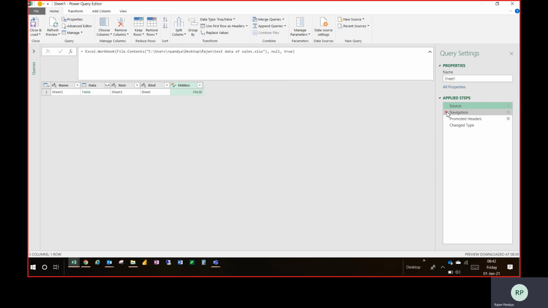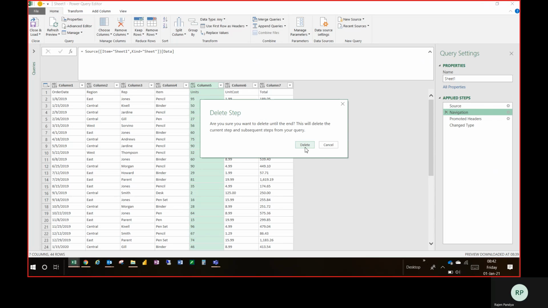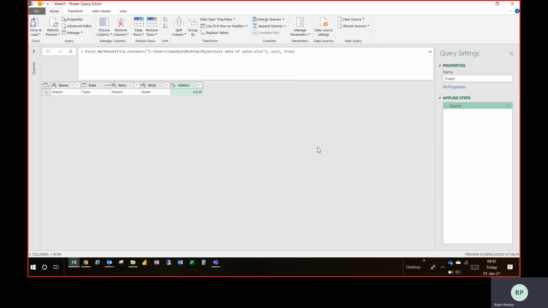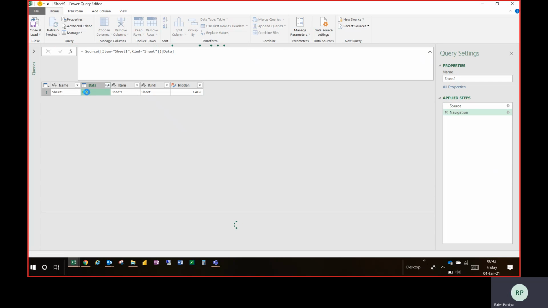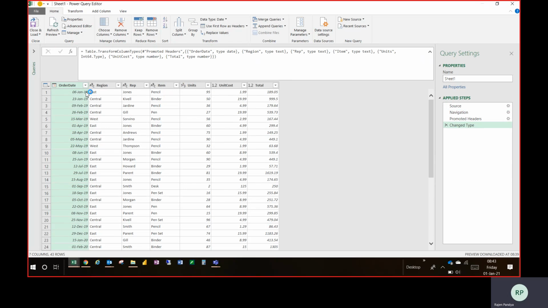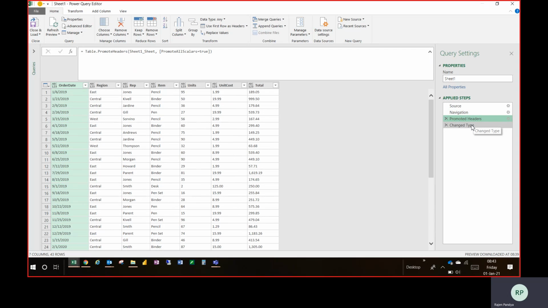So let me delete all the steps from here until the end. You can see I'm deleting all the steps. So right now we are on this screen, and we can just click on this double dot, and we can see that all the information is available here. There is one more option. We can just click on this table, and if you click on table, it has automatically performed expansion of the table, plus promoting the header, plus